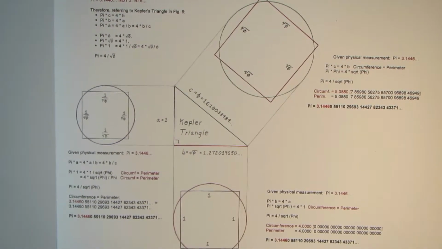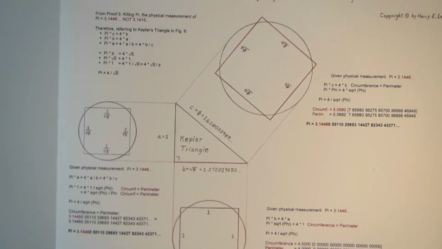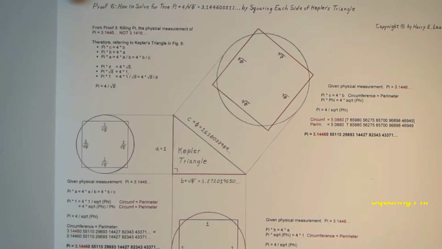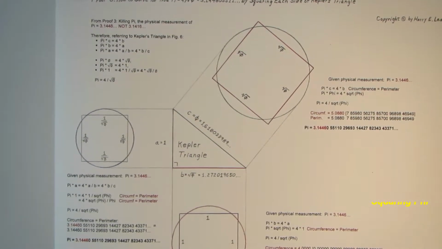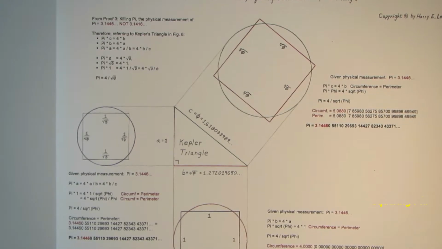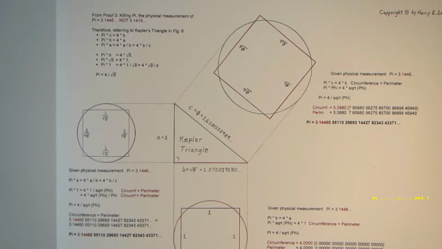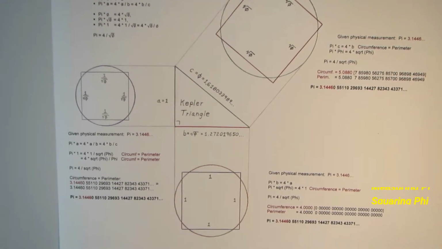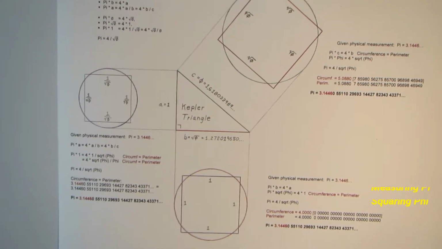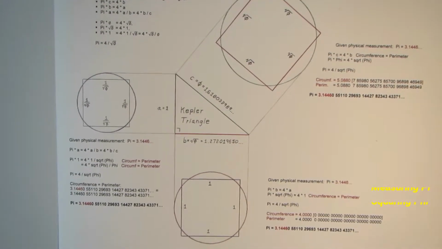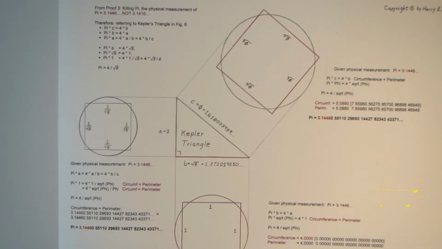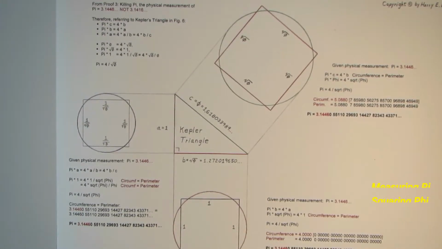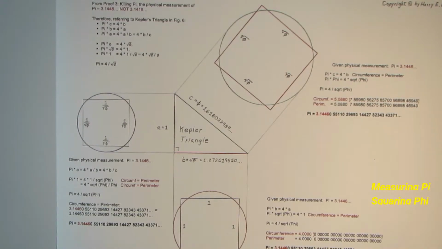So in proof number 6, which we've explained earlier on the website, I will just briefly go over the basic attributes of what we mean by squaring the sides of a Kepler golden ratio right triangle. I try to get all of this on here for you, and we will look at the various portions of it. The thing that we do in this one that's different than proofs 1, 2, and 4, which